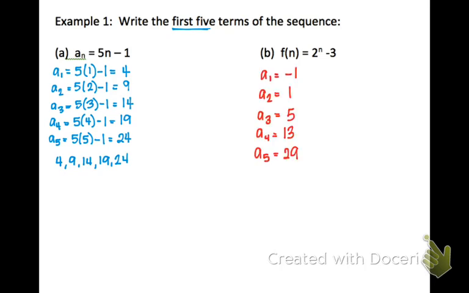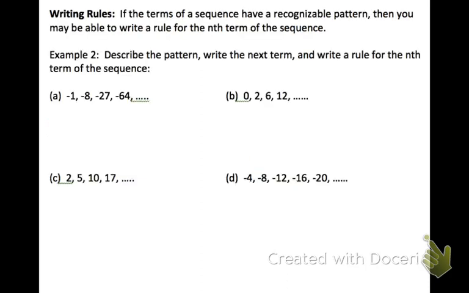Here's the answer that you should have gotten, so you can check your answer. If we list all of these out, the first 5 terms would be -1, -1, 5, 13, and 29. All right. Now, we also can look for patterns and come up with our own rule